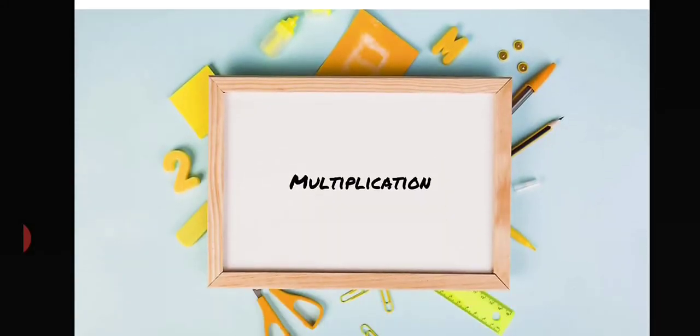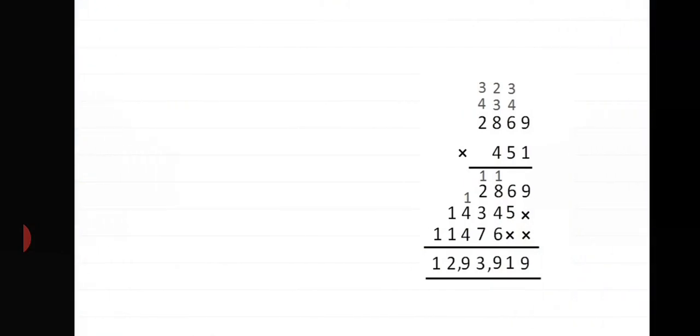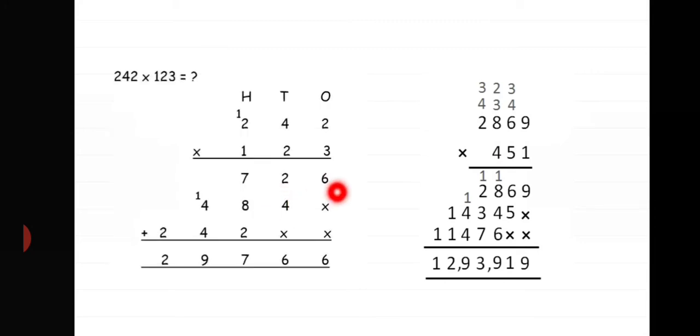So after subtraction, we'll be seeing multiplication. As you all know, multiplication is nothing but repeated addition. When you repeatedly add a number, you can use multiplication. For example, if I write 2 plus 2 plus 2, I have written 2 three times. So instead of writing 2 plus 2 plus 2, I can write 3 times 2, that is 3 into 2. So 3 times 2 is equal to 6, whereas 2 plus 2 plus 2 is also 6. So multiplication is again repeated addition.